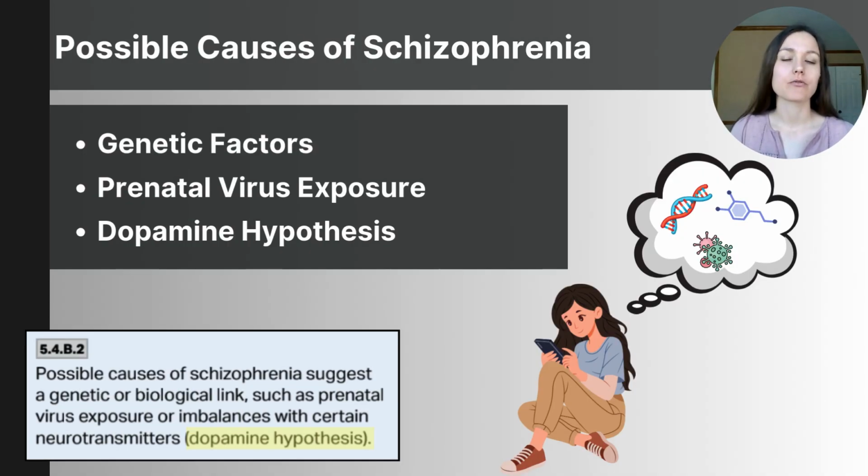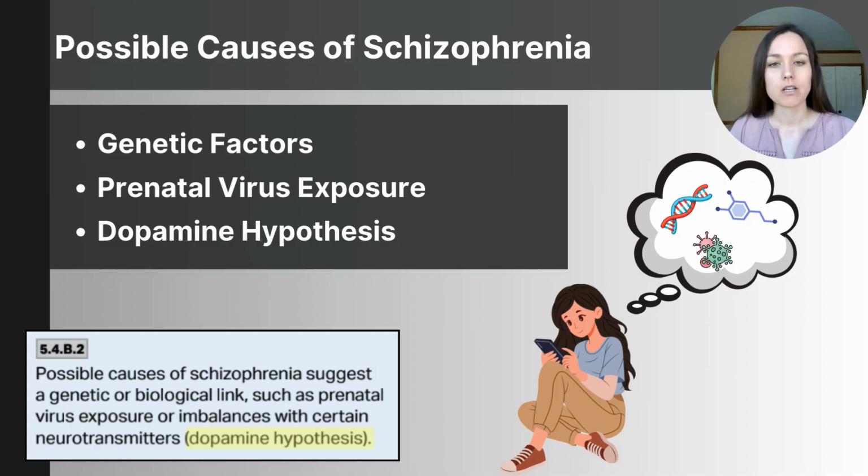The exact causes of schizophrenia aren't fully understood, but research suggests that a combination of genetic, biological, and environmental factors contribute to its development. As far as genetic factors go, schizophrenia tends to run in families, indicating there is a genetic link. People who have a close family member, like a parent or a sibling, who has schizophrenia are at a higher risk of developing schizophrenia. Twin studies show that identical twins who share 100% of their genes have a higher likelihood of both developing schizophrenia compared to fraternal twins. However, even in identical twins, the risk isn't 100%, showing that genetics alone aren't enough to